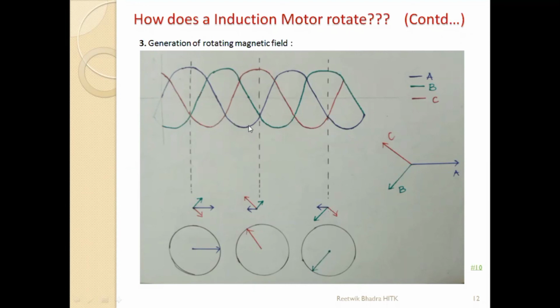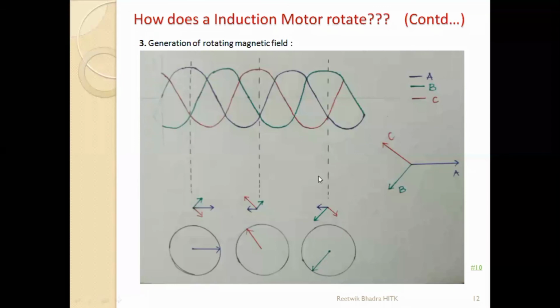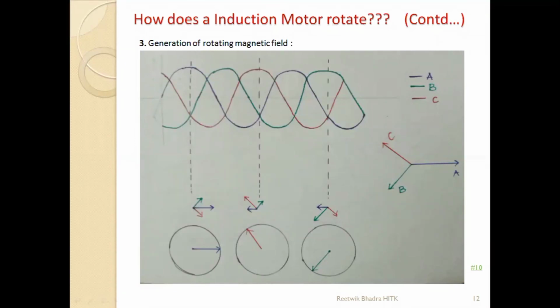So when you are giving a three-phase supply, the resultant magnetic field, all currents, voltages, flux, and field will be sinusoidal in nature. This three-phase waveform which I have drawn is relevant for everything: EMF, voltage, current, flux, whatever I talk about. If flux is there, a magnetic field will be there, and I'm talking about the magnetic field only. So the magnetic field will also be rotating in nature. See, at this point it is here, at this point it is here, so it is rotating.